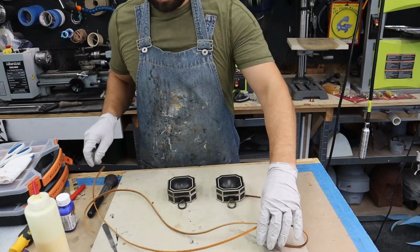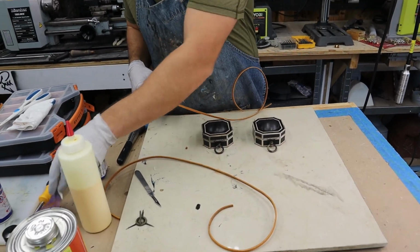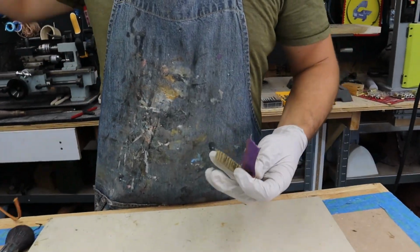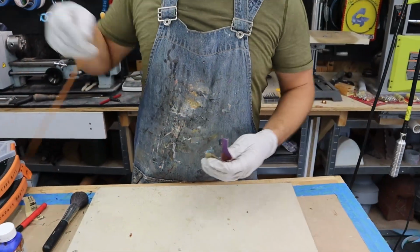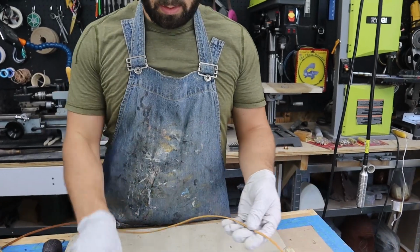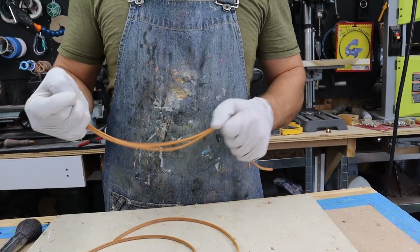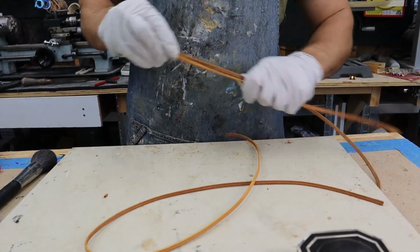Right? And the other thing about these laces is they're a little bit too new. So I'll take a piece of 120 sandpaper, put that in there, and just run that down. And what that's gonna do is it'll make it softer, and it doesn't look as new anymore. This is still a little bit too tough to use, so what I'll do after that is I get a little bit of furniture wax,